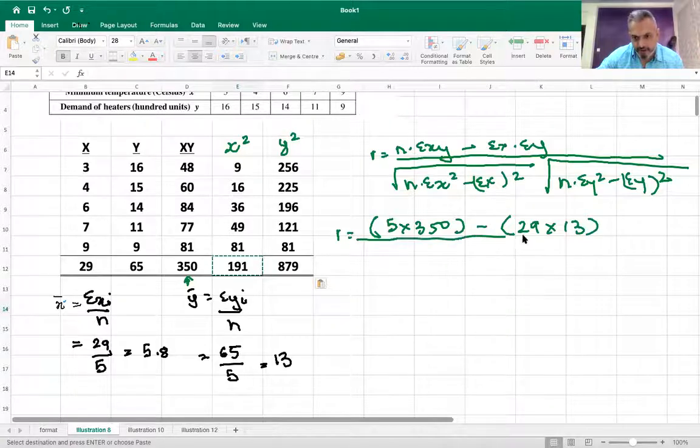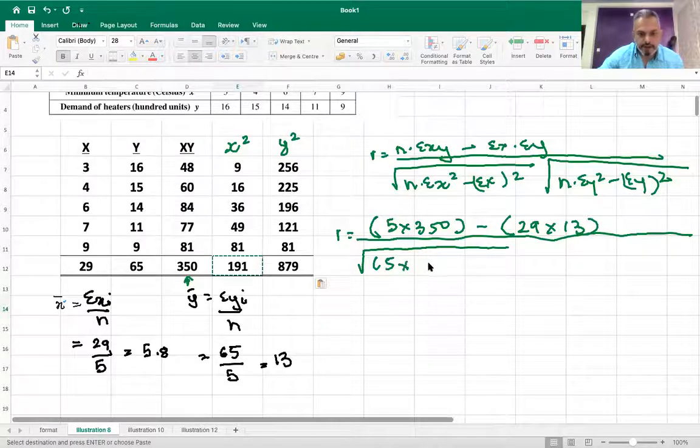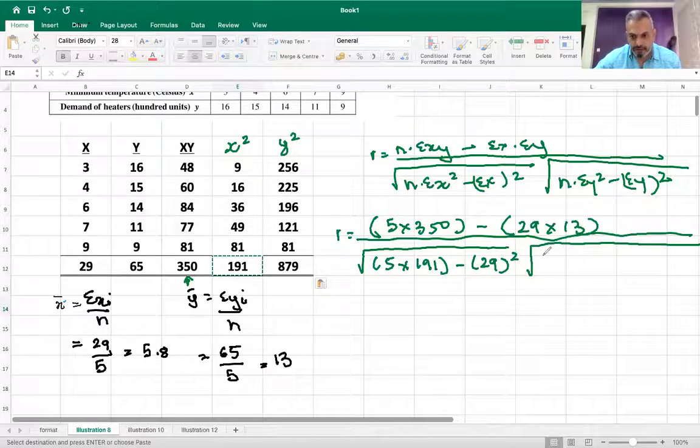Write it in brackets like this, okay, upon under root n is again 5 into sigma x square is 191 minus sigma x the whole square, so 29 the whole square, under root n is again 5, sigma y square is 879 minus sigma y, that is 65 the whole square,